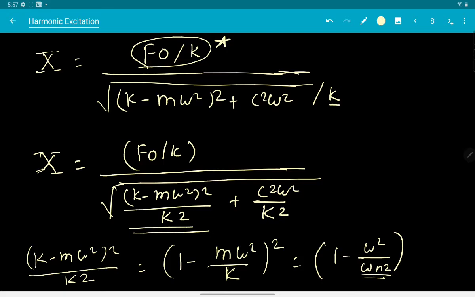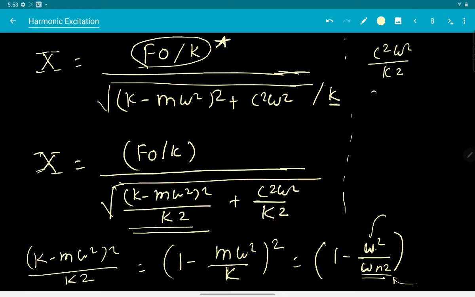This is natural frequency, and this is the frequency of forcing. So now how omega is with respect to omega n is coming into the picture, right? So this is the ratio of frequency of the forcing to the circular natural frequency of the system, which is coming and appearing over here in the first term. Okay, so 1 minus omega square by omega n square is what is the first term. Now let's try to see what is the second term. Okay, second term is what? c square omega square by k square.